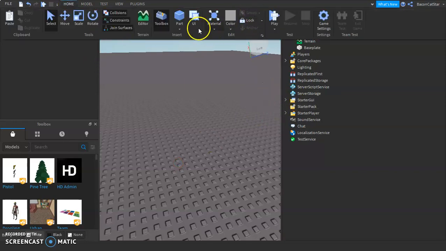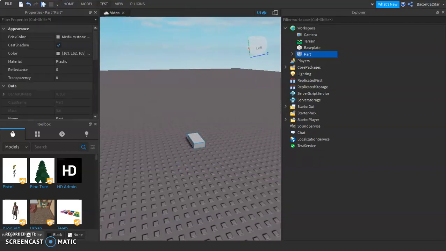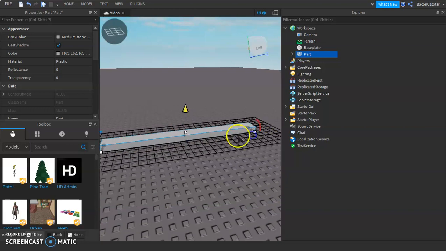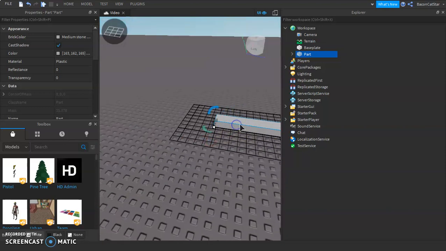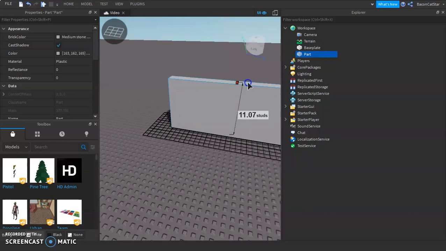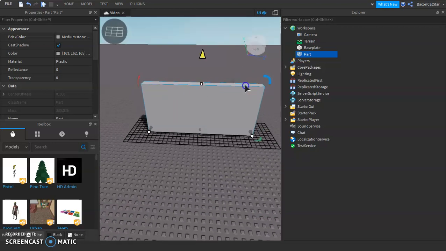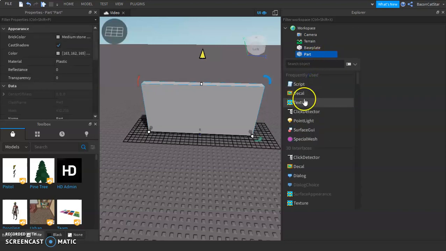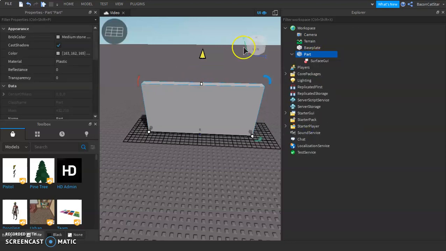So first just pull a part in your base plate and then just make a rectangle like this. Look at this big, and then get rid of the weld, add a surface GUI, and then just go on